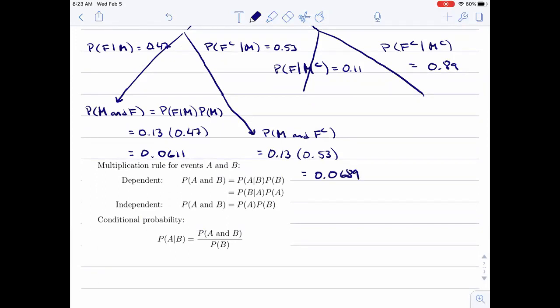Notice that I'm going to keep all my decimal places, or at least as many as you can,